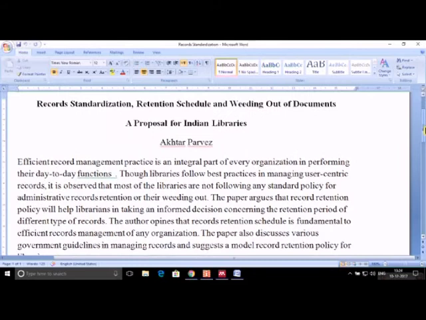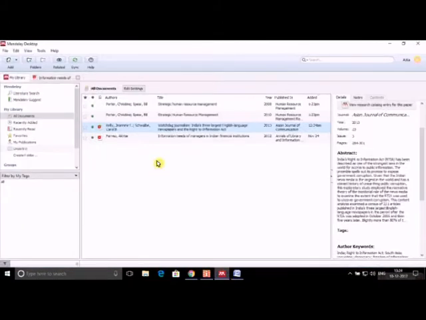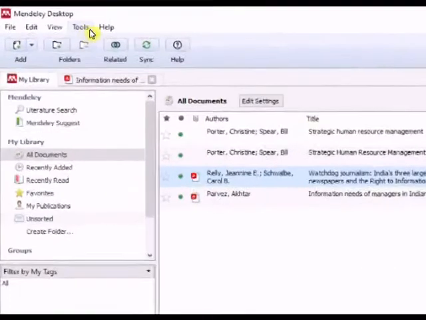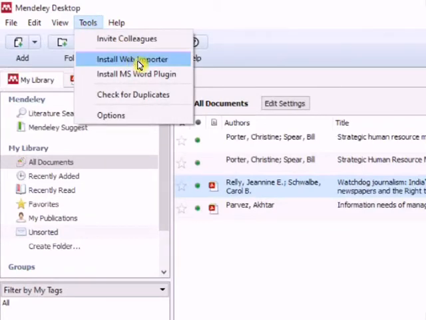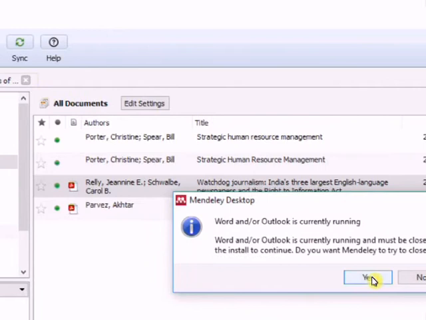Before adding any citation here, I will have to make sure that I have a Mendeley plugin created in my Word application. So if you go to tools here, there are options of installing web importer and installing MS Office Word plugin. So first let me install the MS Office Word plugin.